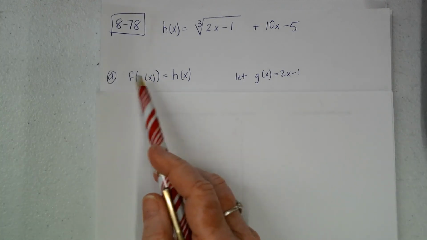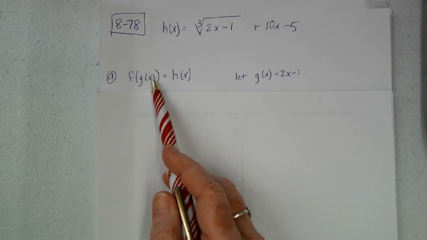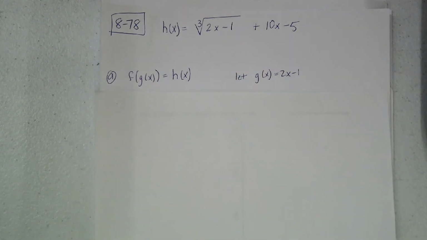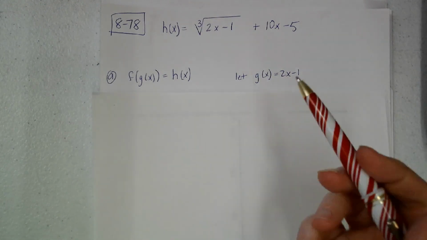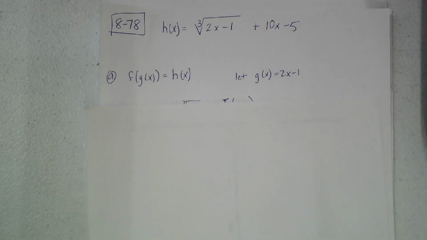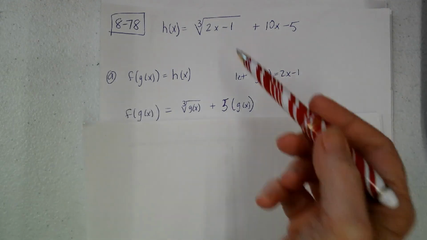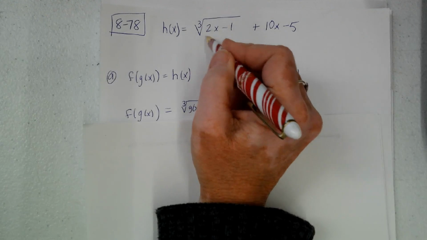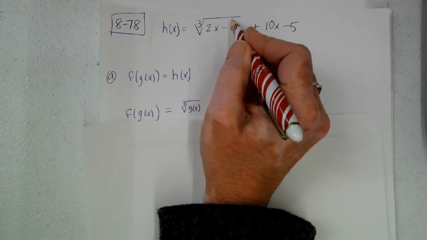So it wants you to figure out how to write it as a composition of functions. So I don't know how to explain this very well, but I'm going to let g of x equal this, because